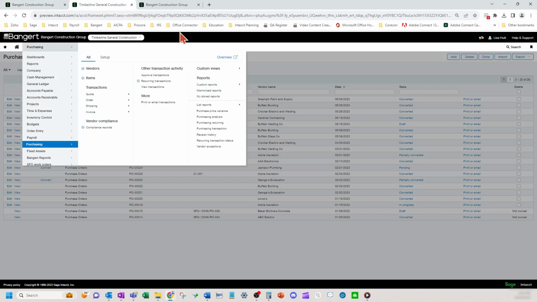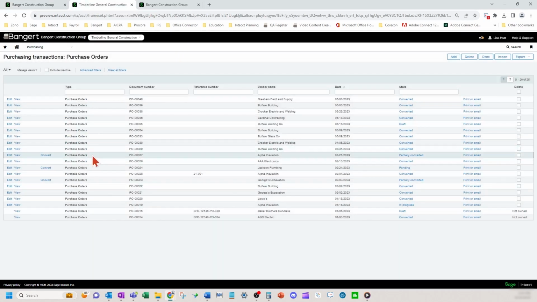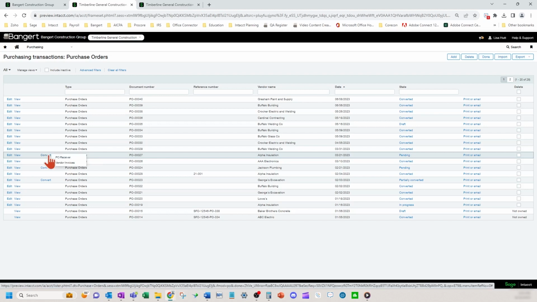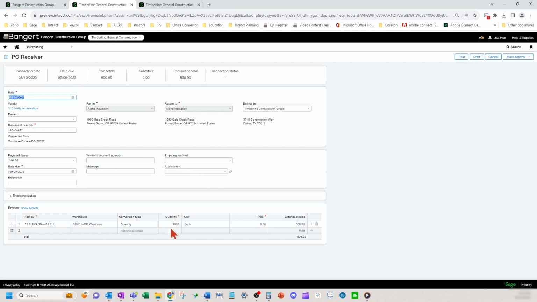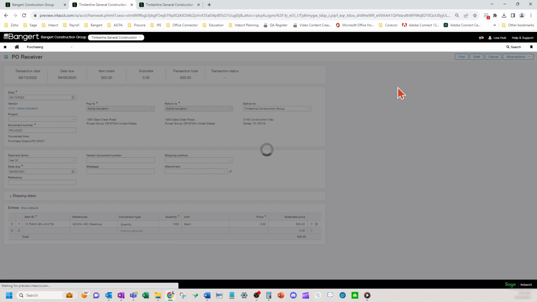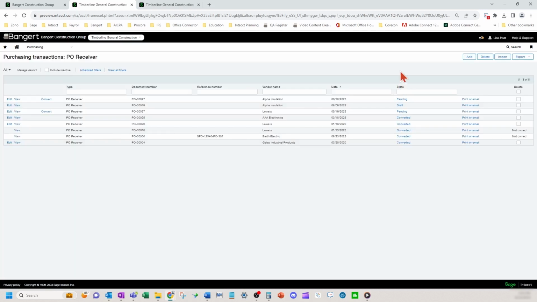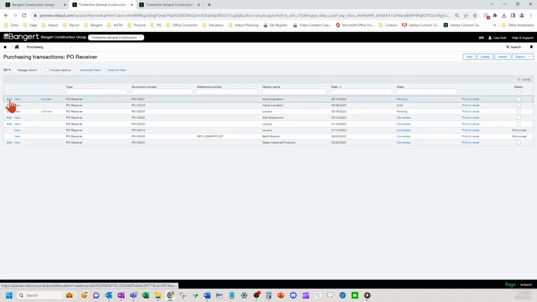Over here in the purchase orders, I've got one that I'm going to convert over to a receipt. So I'm going to convert here to a PO receipt. My quantity is 1,050 cents, and my purchase order shows 1,050 cents for the price. I'm going to post this and show you the normal way it'll treat it if I'm within my 1% tolerance. My PO receipt says state pending, and I look at it.